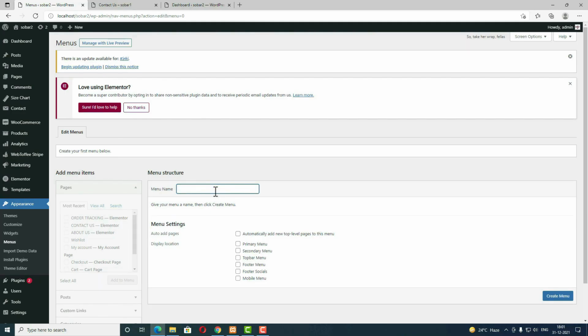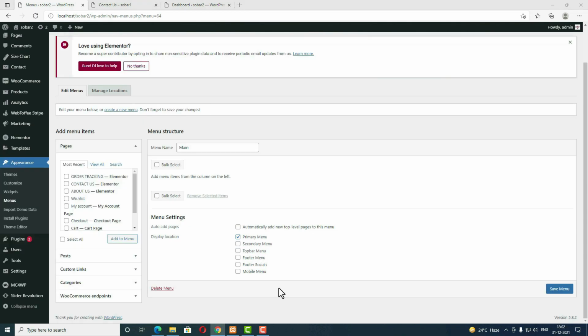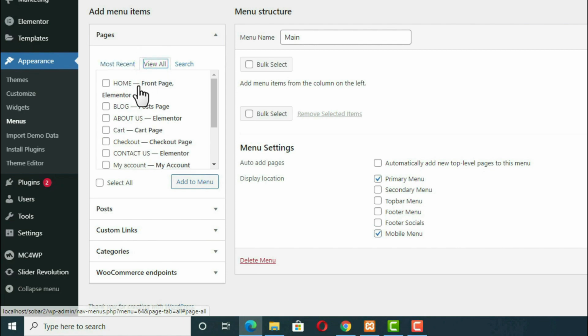I am giving the menu name as main, and from this I have to select primary menu. Next you have to click in this create menu option. Here also I have to select this mobile menu also, because I want primary menu and the mobile menu should be same. After that click in this view all, and from there I need home page, blog page, about us page,